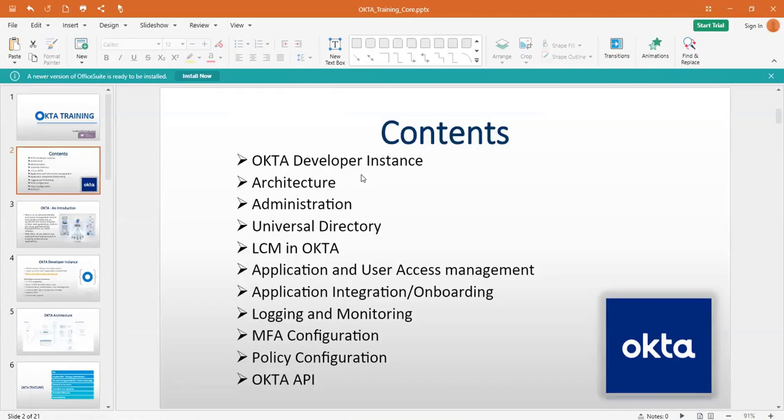So in the admin console you are creating a user, you are creating a group, adding a user to the group, removing a user from the group. You are creating an SSO enablement for an application. You are downloading logs. You are downloading a report. All those things you can do from the API. I will guide you through a few APIs.